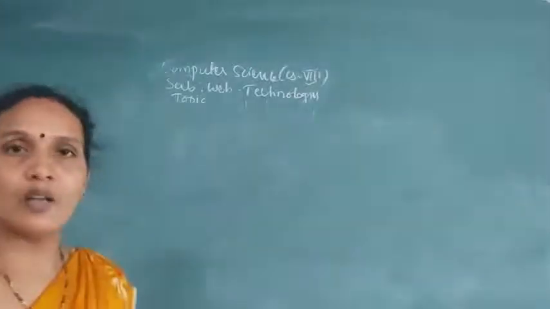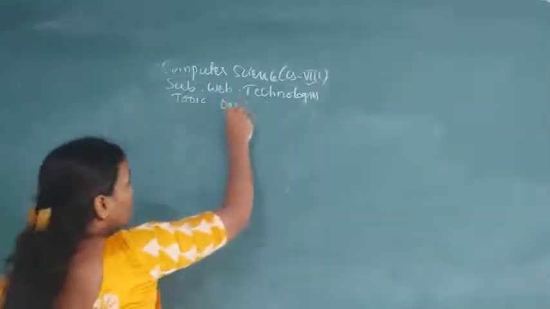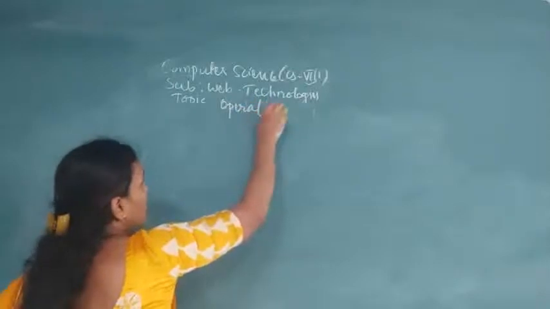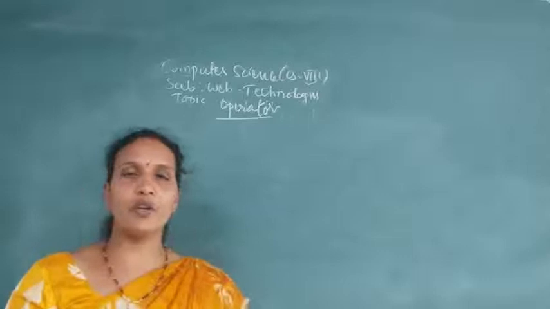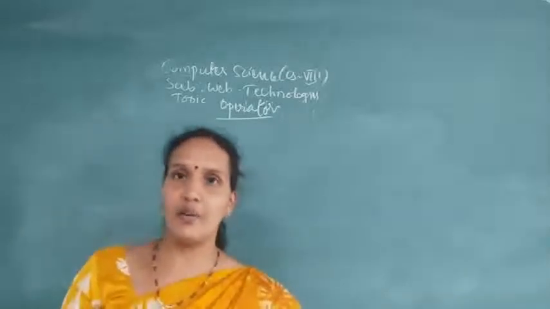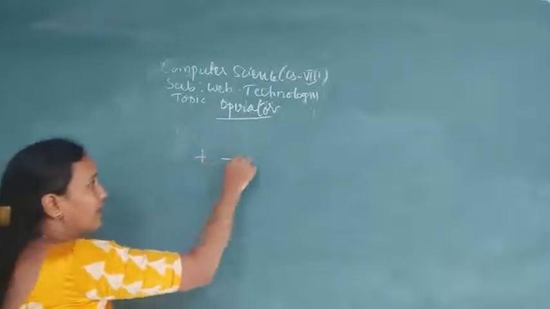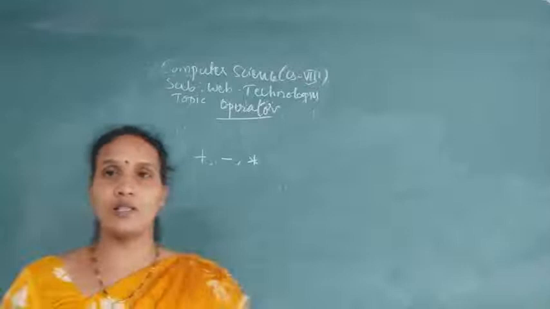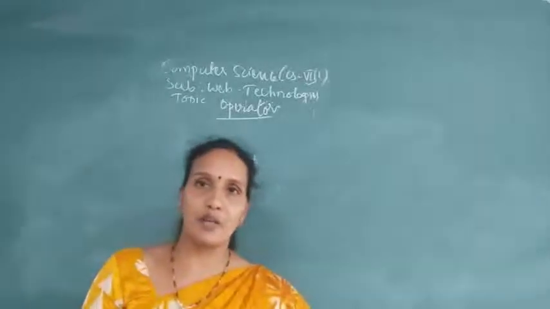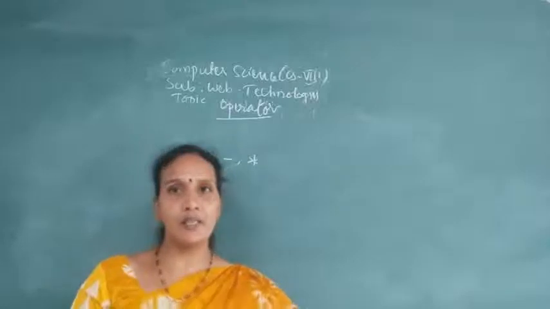Now, our next topic in our syllabus is operators. See, operator. You have this topic in your C, C++, Java courses. What is an operator? Like this: plus, minus, multiplication. So these are all called operators. These are examples of an operator. But what is an operator? Operator is a symbol actually.